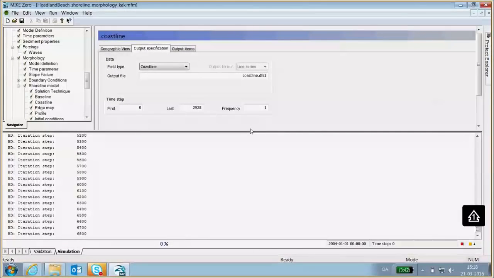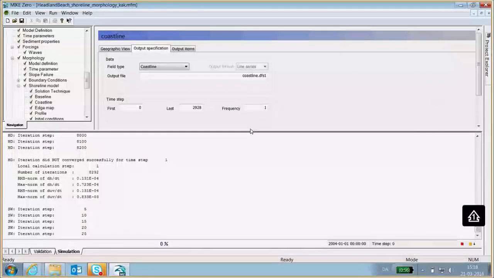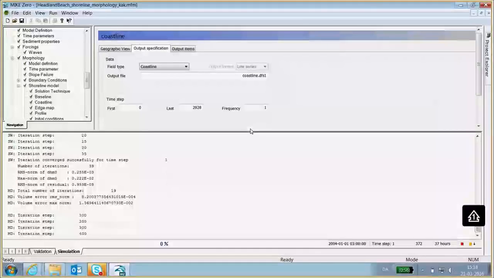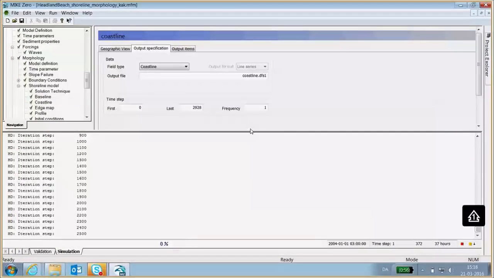So you will see the first time estimate for how long this model takes to run will be relatively large. You can see it starts there at 37 hours, but relatively quickly this should decrease significantly.